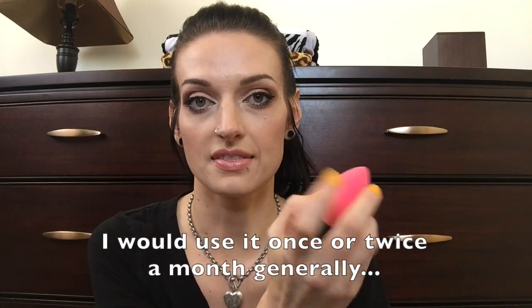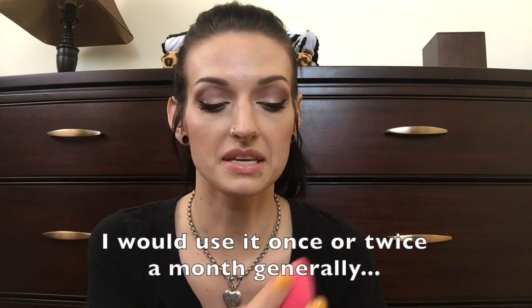I have a beauty blender here, and I tossed it into this container because when I purchased my beauty blender, it came in a 2-pack from Birchbox, and I pulled out the other one to use. This has been in use in my collection for over a year now. I got this at the last April VIB sale. I actually got it from Birchbox, but it was during the same time as the VIB sale